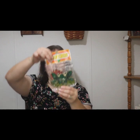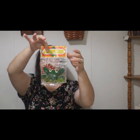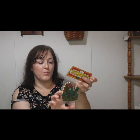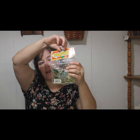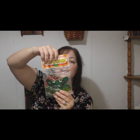And then I got the frog paperweight. I'm sorry, then I got the frog sun catcher. It's still in the pack. Now this can't be too old. It does have a barcode on the back, and it says made in China, but likely maybe the late 90s, 2000s, because there's no website on the packaging. There is a phone number, and it says Livco,